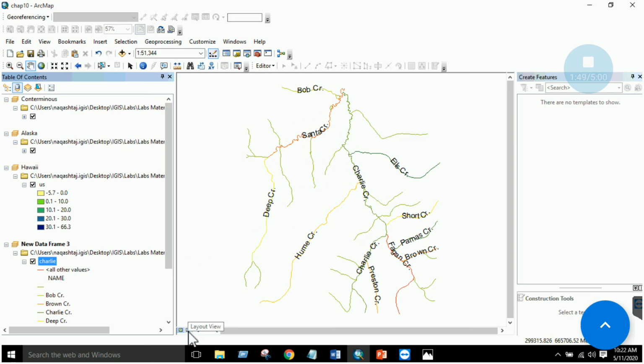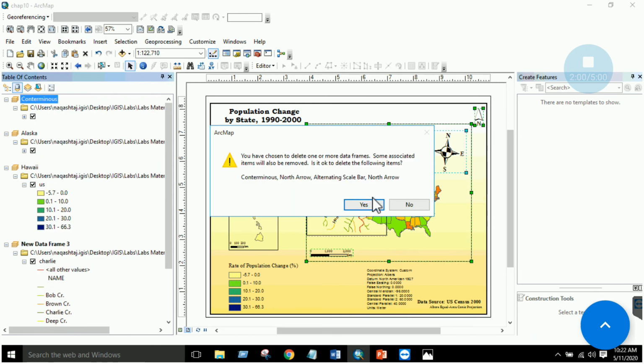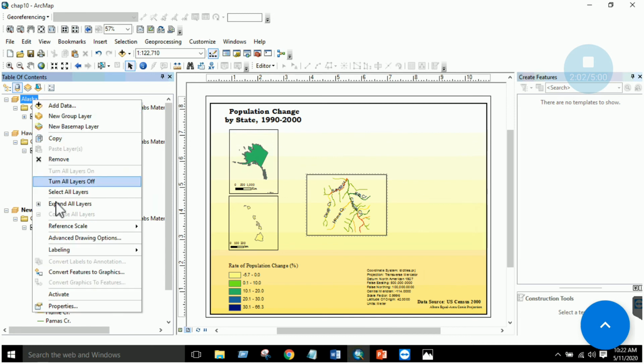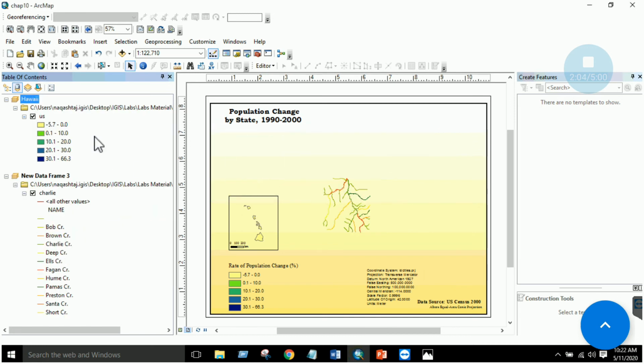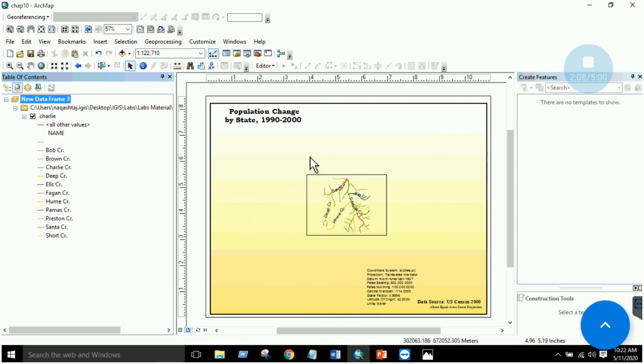Now if you want to make a map, you just have to go to the layout view, right? In the layout view, just activate that data frame and remove all others. Now you can see that you have only this data frame available.